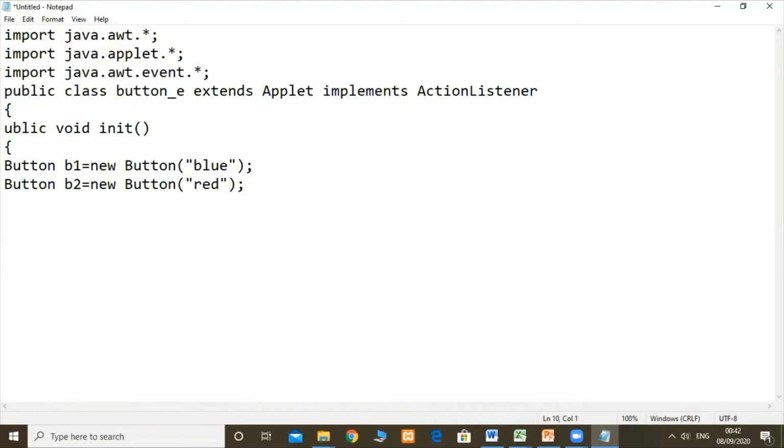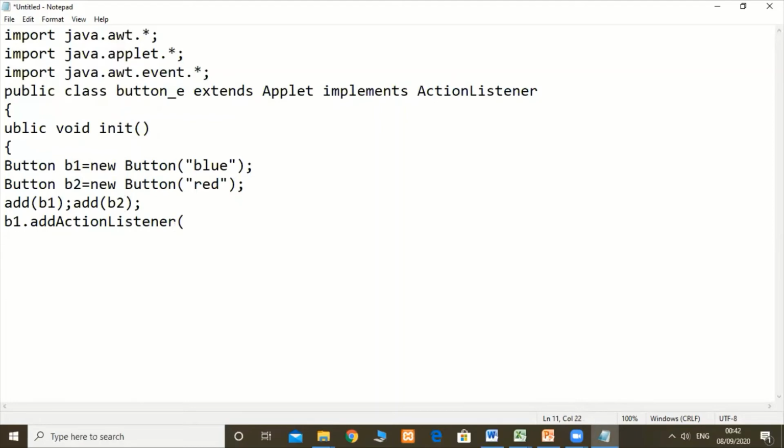Then I have created the buttons, add b1, add b2, then add the listener. How to add the listener? b1.addActionListener. If a button is there, we need to add an ActionListener here.